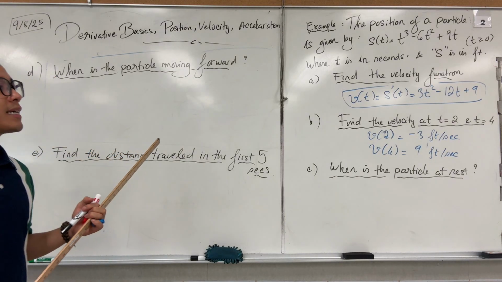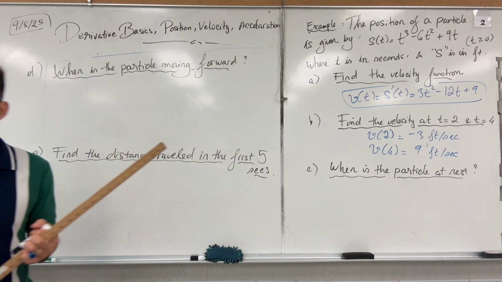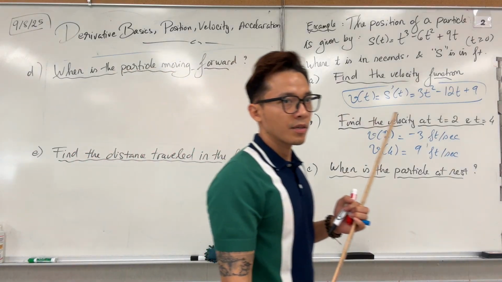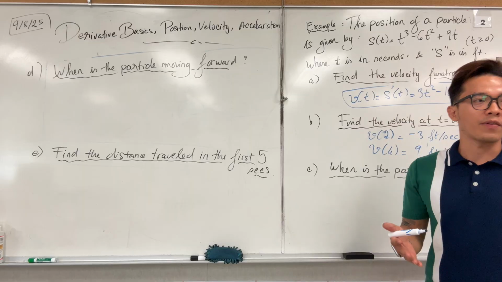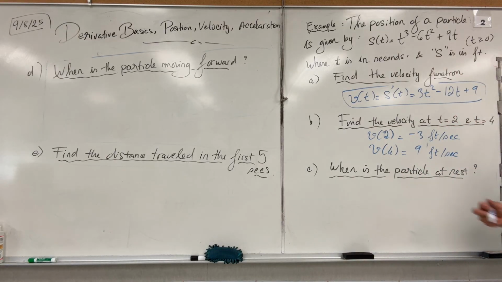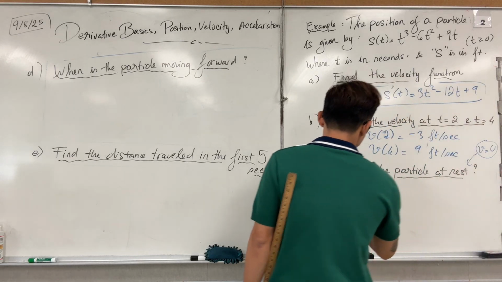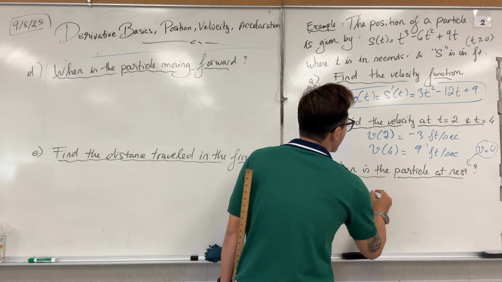Now, when is the particle at rest? What does it mean when a particle is at rest? Which one is zero: position, acceleration, or velocity? The velocity is zero, right? Velocity is zero, that means at rest. So v equals zero. So you let this whole thing right here equal zero. So when v(t) equals zero,